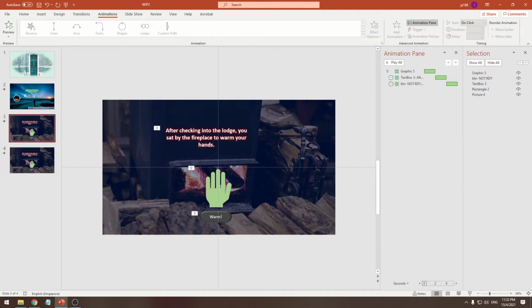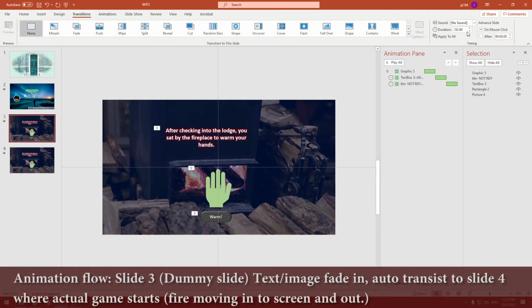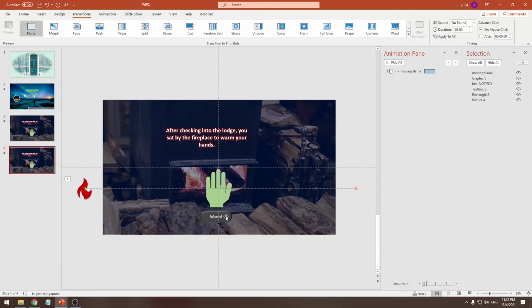At slide 3, the words and the image will fade in and it will auto transition to slide 4, where the flame will start to come in. When it reaches the hand, you need to record down the timing. This button will disappear. And when this button disappears, underneath this button there should be